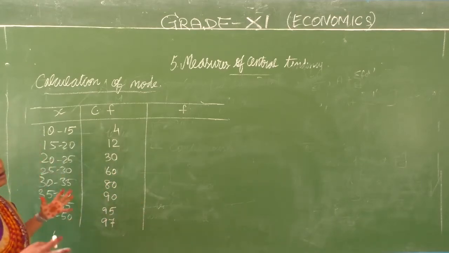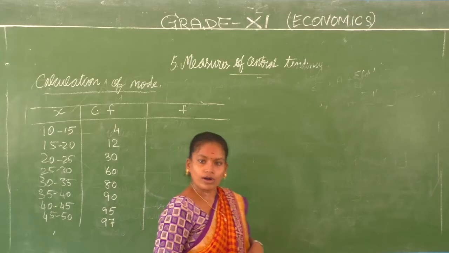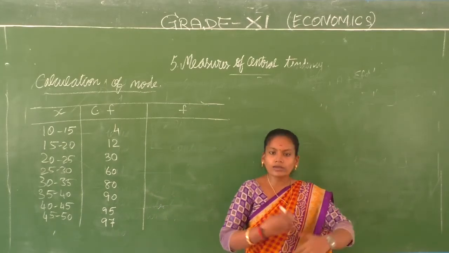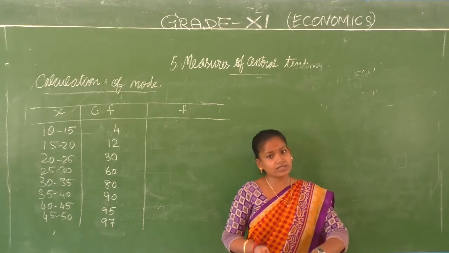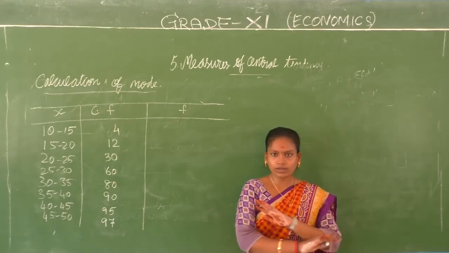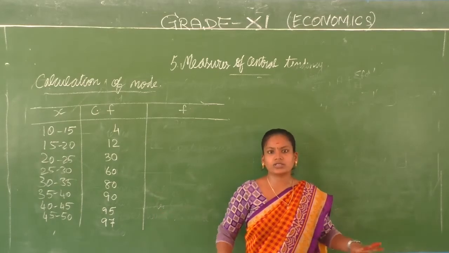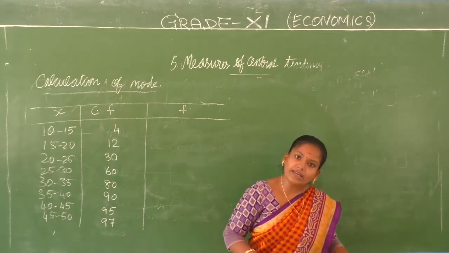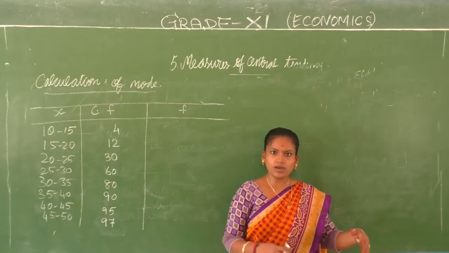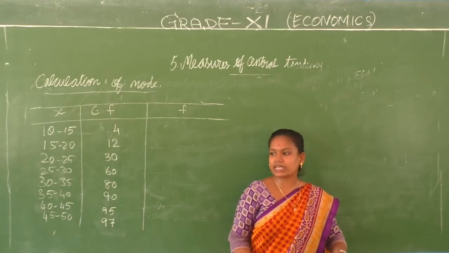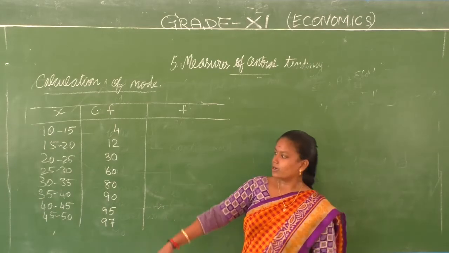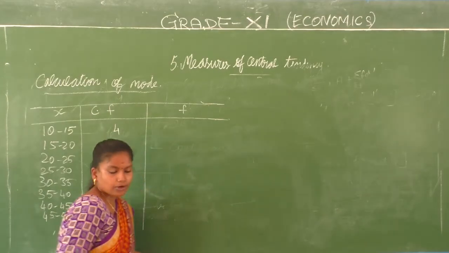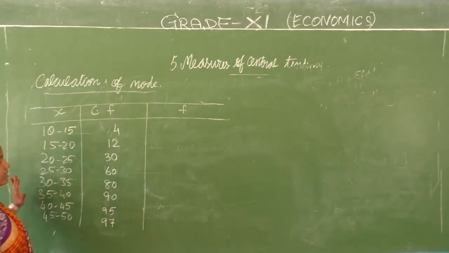See, in your book they have given it in descending order. Okay, that you can easily understand. I want you to learn both methods, descending order as well as ascending order. Your answers are not going to change. That's what I'm trying to explain to you. It should be in an order, either ascending or descending. Since they have given it in less than values, they have put it in the descending order. But I'm trying to put you in ascending order so that you can easily see the book, understand the descending order, and understand the ascending order.